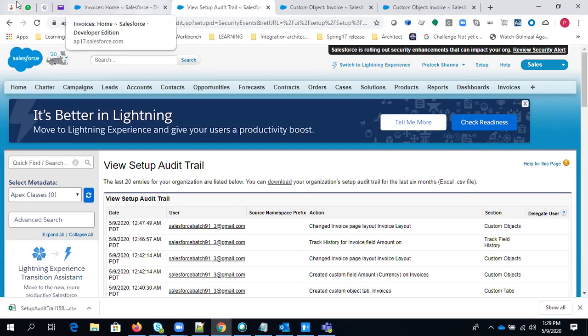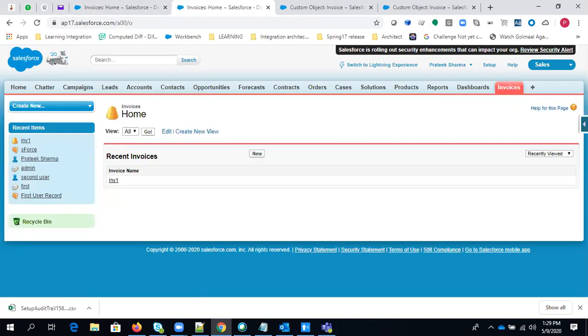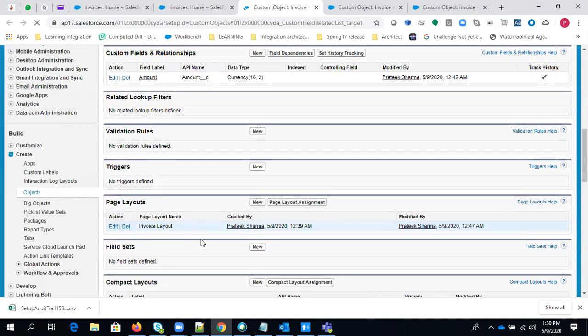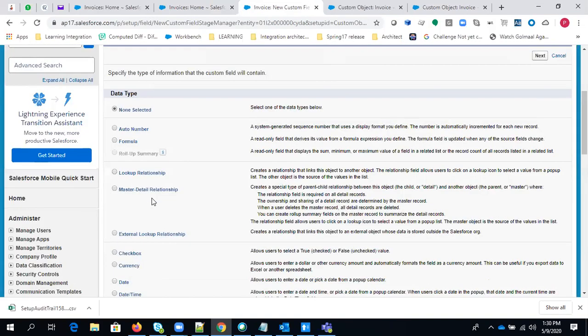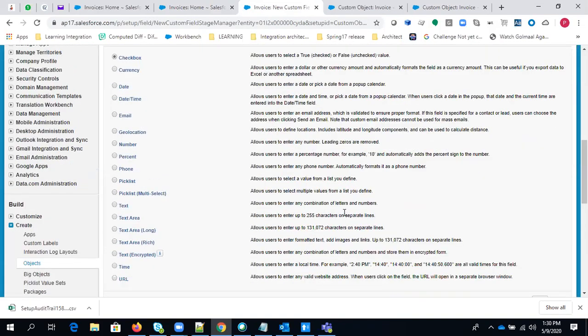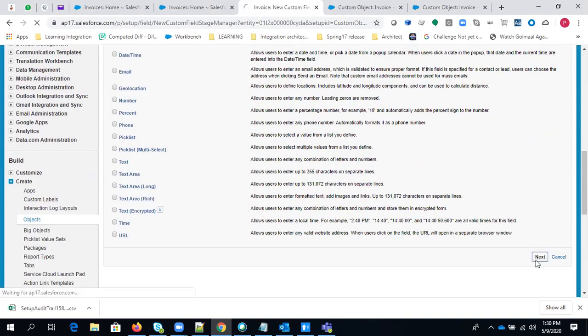So right now we have that invoice object. Let's create one more field, a checkbox field called big account here. Here you can select the checkbox. Next.